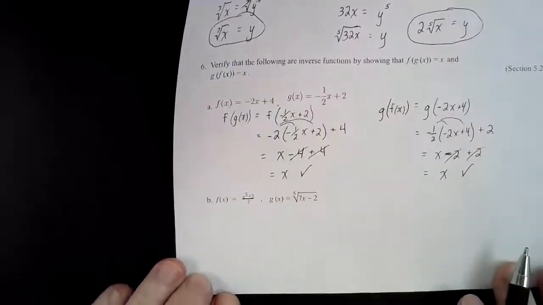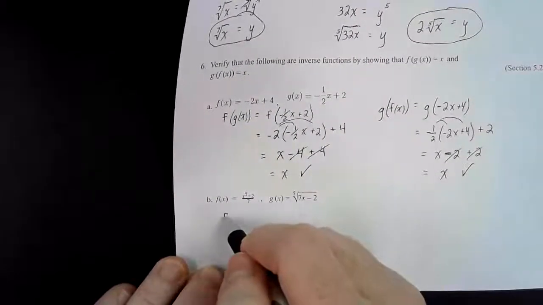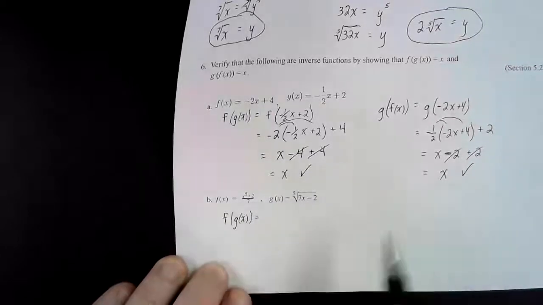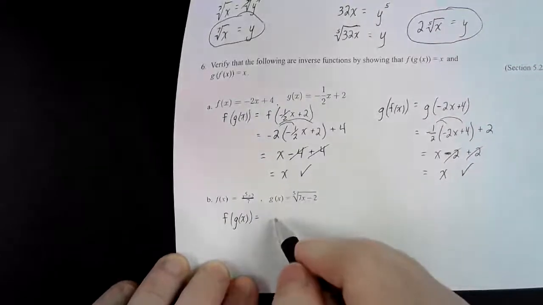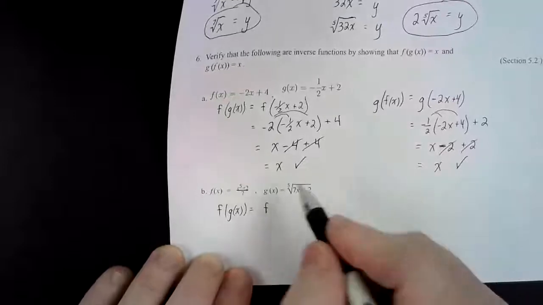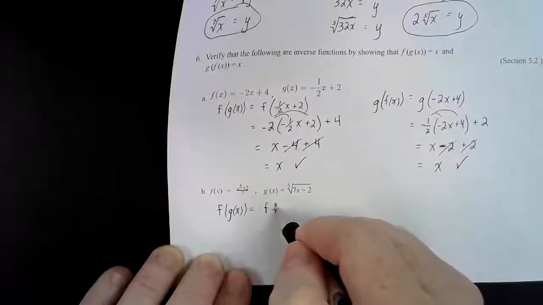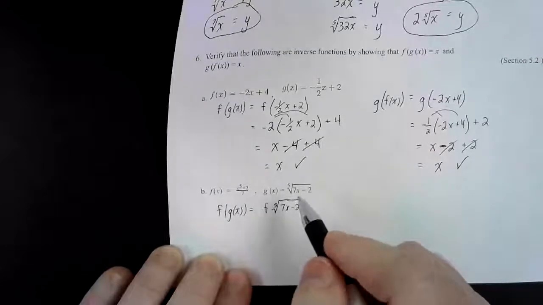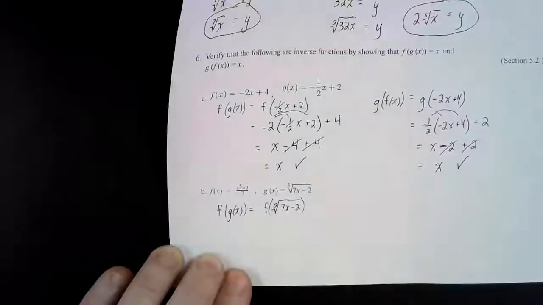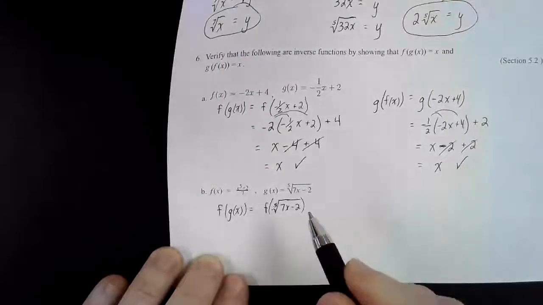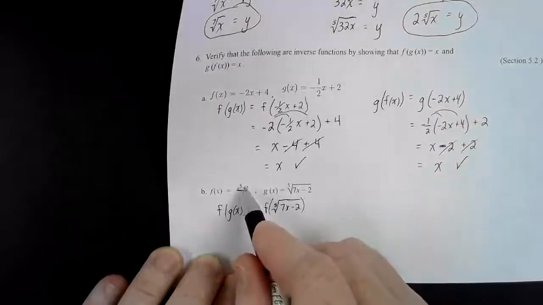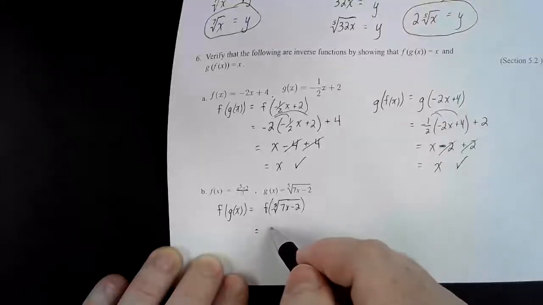And the last one, f of g of x. So g of x is on the inside. Like that. Okay, so we got a radical here. So that is going into f. So this one is really tricky here. We have x to the 5th. So we have this whole thing,